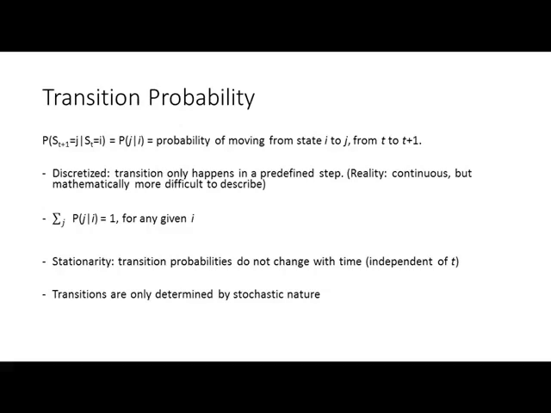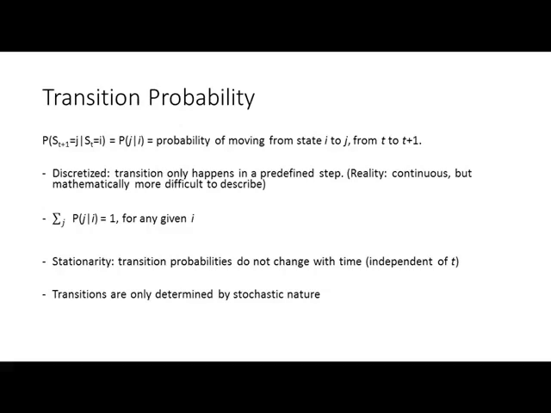And then the third observation is very important. It means stationarity. It basically says the transition probabilities do not change with time, so they are independent of time t. This can be relaxed later on for health economics, because in health economics, transition probabilities are often dependent on t. But for now, let's assume stationarity is true for the general Markov decision process system.